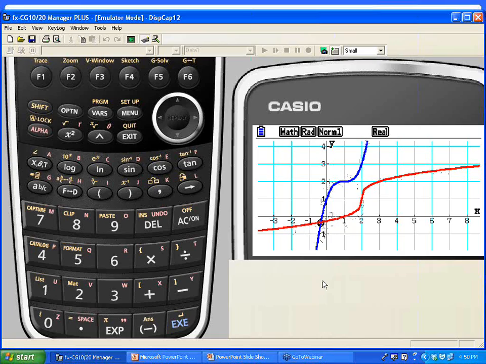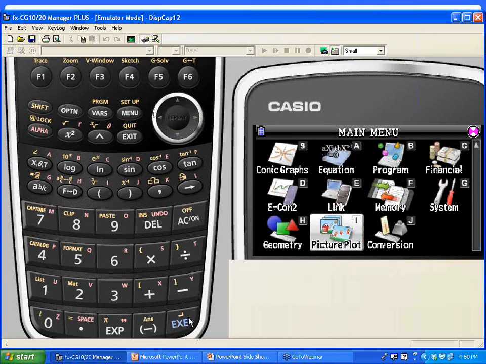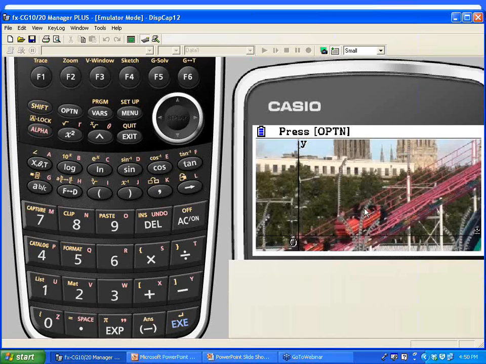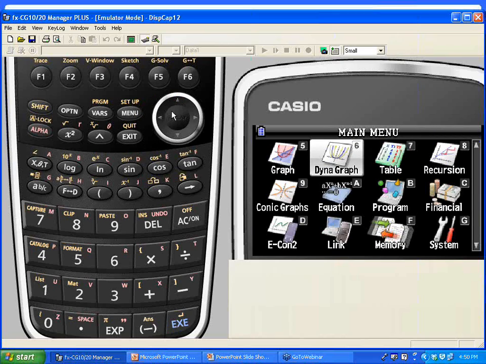Another way that I have not gone over in this presentation, for the sake of time, is that you can take a screenshot with your emulator or with your handheld. You can capture your screen and save it as a picture and open it under a different mode called Picture Plot, and you could take the inverse that you sketched from the Sketch menu, and if you imported it into your Picture Plot, you could actually plot points along the graph and use your regression features to generate some equations.